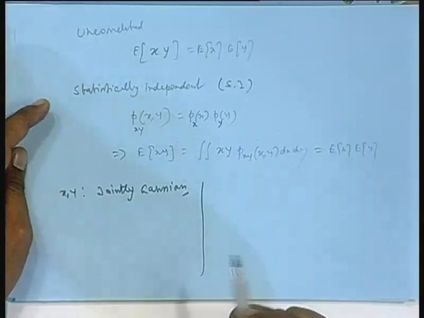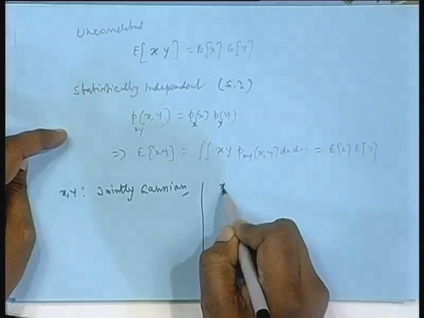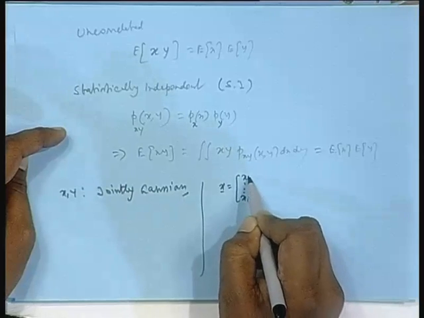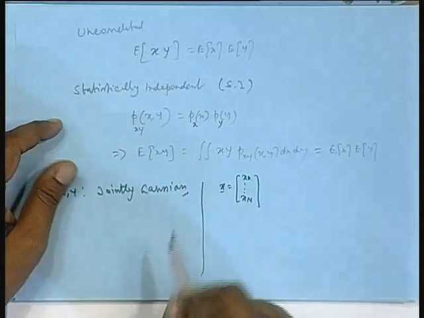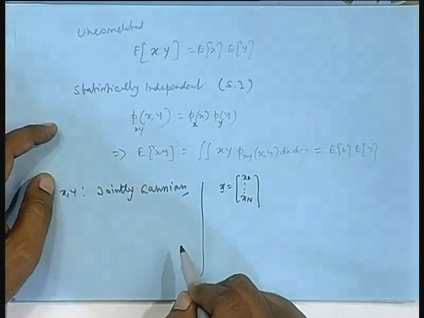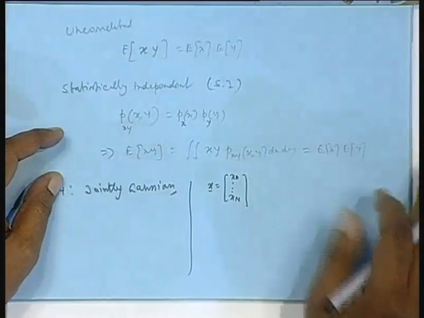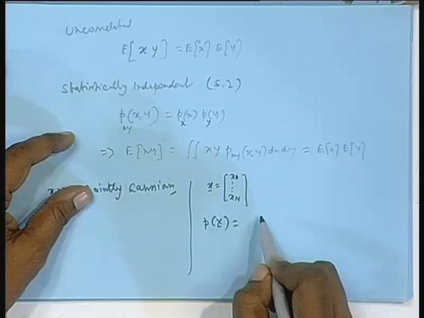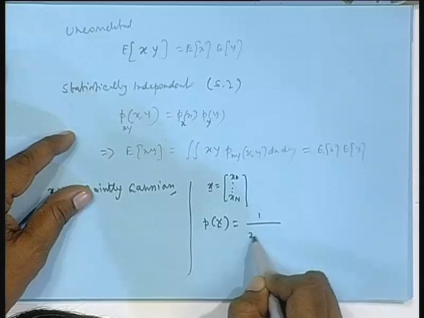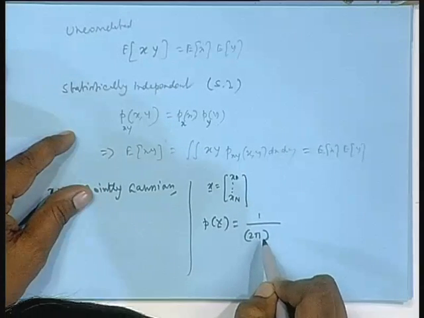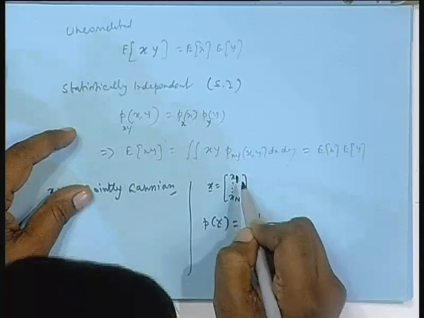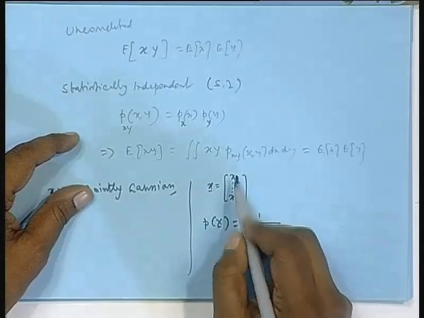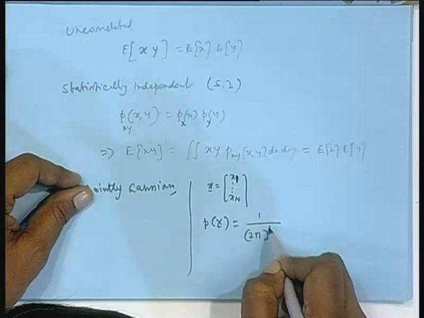There, if I give you a vector x which has x1 up to xn, and I say they are zero mean but jointly Gaussian, what is the probability density of the vector? It is 1 by 2 pi, I take x1 to n, otherwise I have to write n plus 1 unnecessarily. So the number of variables is n, so 2 pi to the power n by 2,